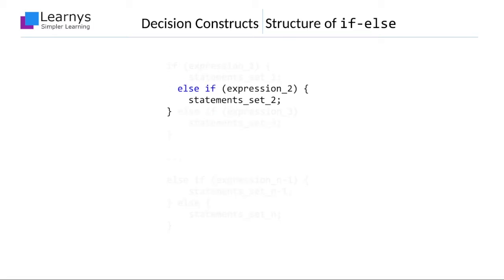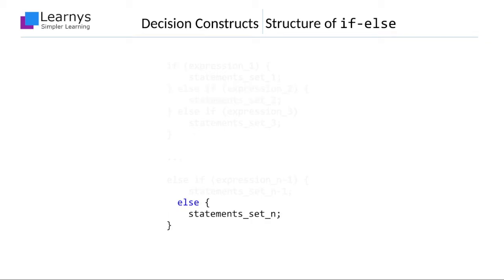The else if block starts with the else if keyword followed by a pair of round brackets, which is followed by a pair of curly brackets. Similar to the if block, the curly brackets define the body of the else if block, which will contain the statements belonging to the else if block. The construct can also have a single optional else block. The else block does not have a pair of round brackets, but it does have a pair of curly brackets which define its body.